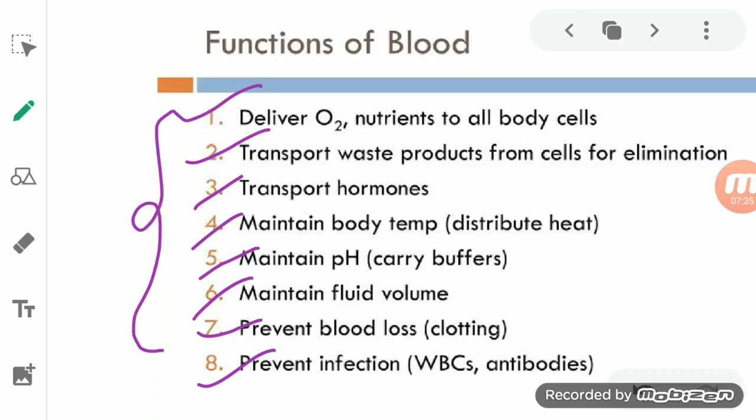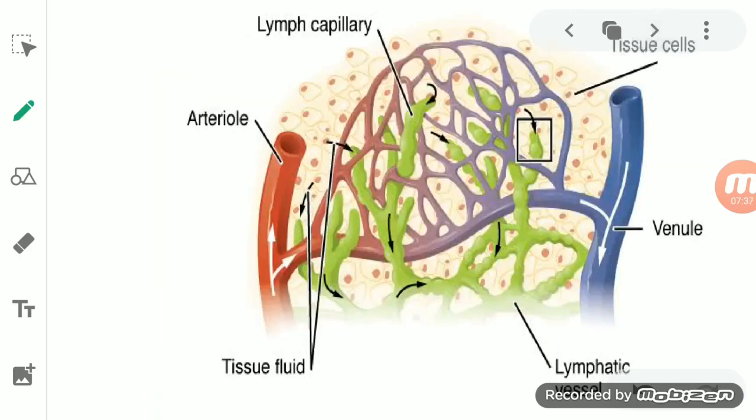Now we will see the next one, and that is lymph. So what is lymph? It is a colorless fluid that is filtered out of the blood capillaries, since it is a part of the blood. Its composition is very similar to the blood, except that the red blood corpuscles and some of the protein are absent. So we can say that lymph does not have a color. It is a kind of colorless fluid.